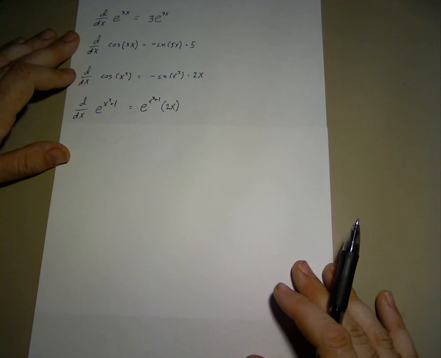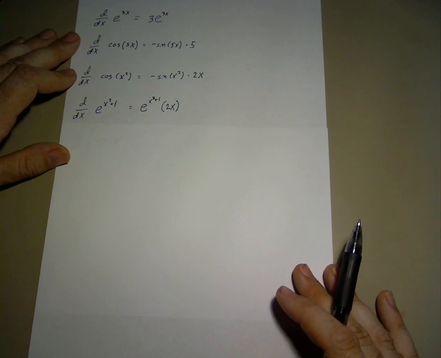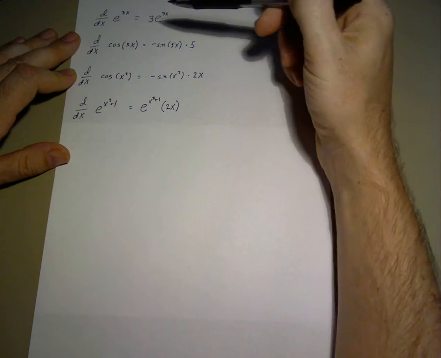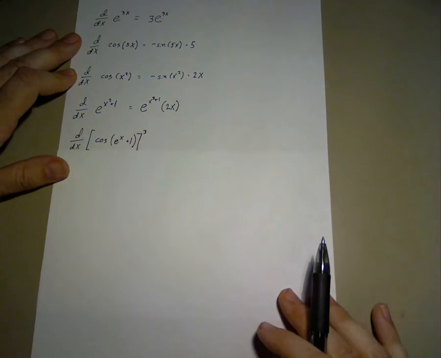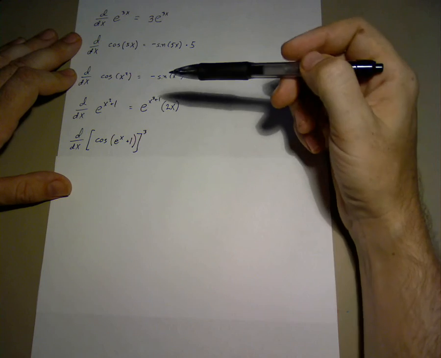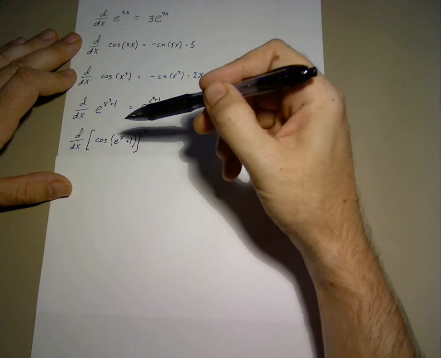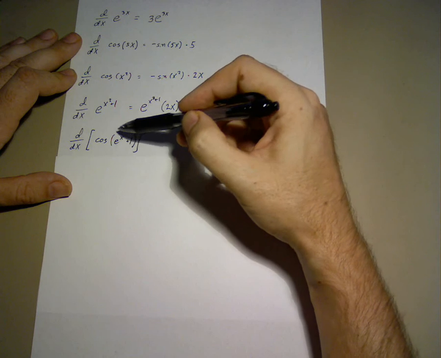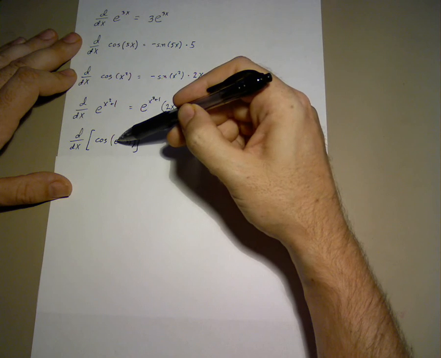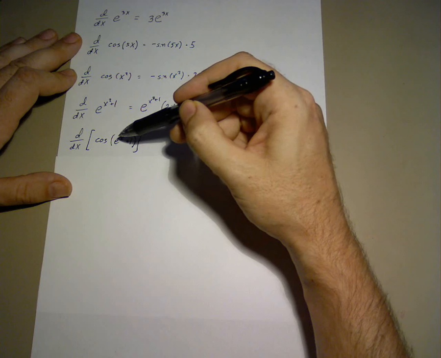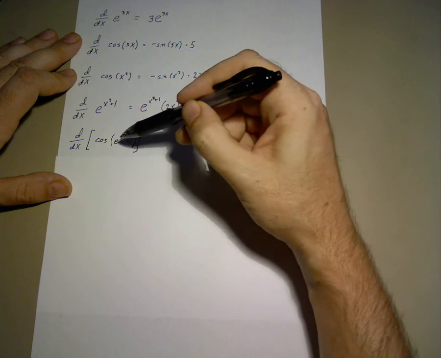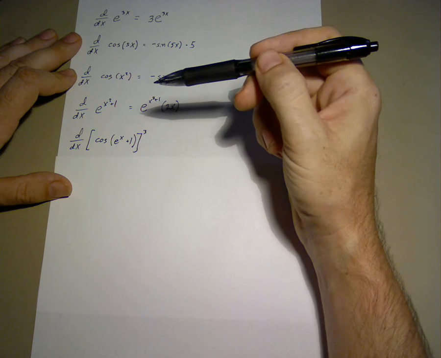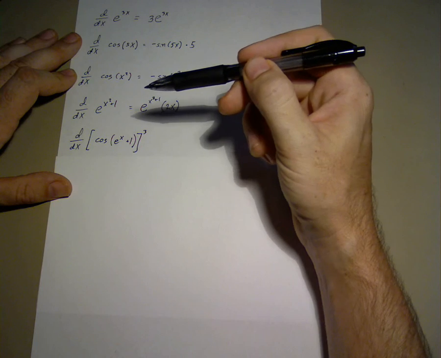However, very often when we need to use the chain rule, we need to use it on more than one level, more than 2 levels. We're going to repeat this as many times as we need to. For example, the slightly more complicated function of the cosine of e to the power of x plus 1, all to the third power,